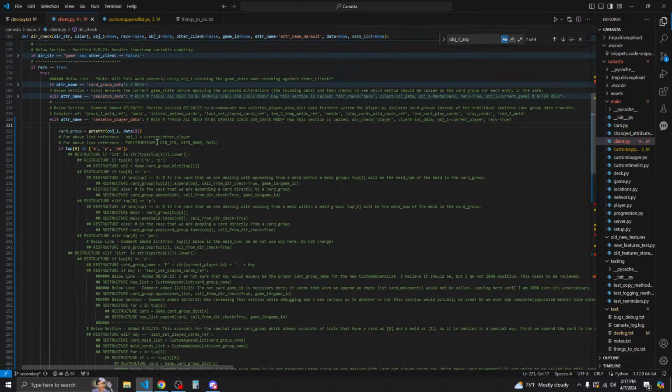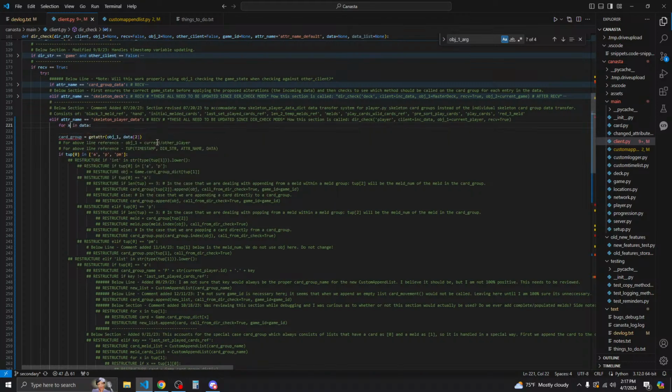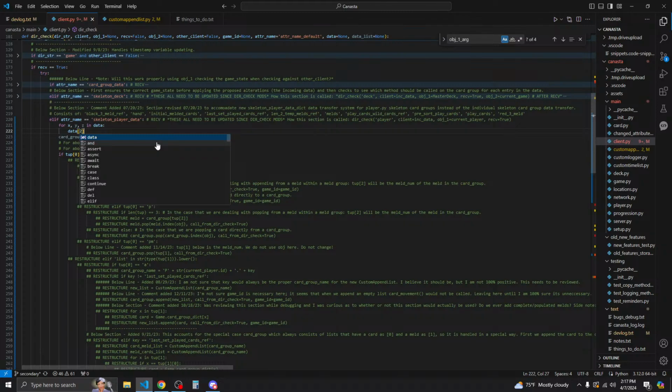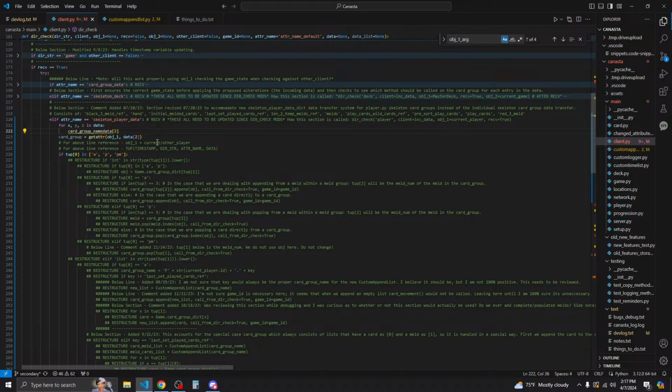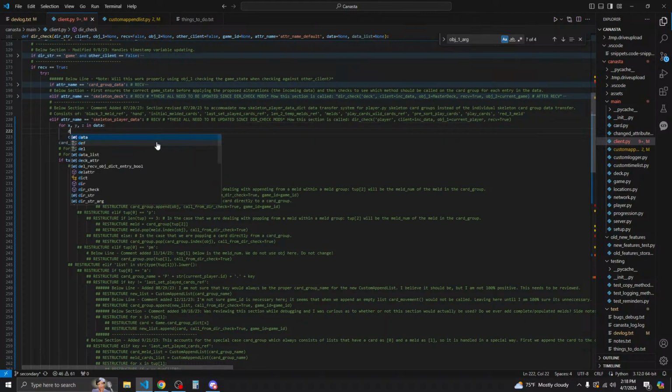So for x in data, or rather for x, y, z in data, but we want to name these. So data 2 is going to be the card group name, and then data 1 or data 0, and then what about data 1?